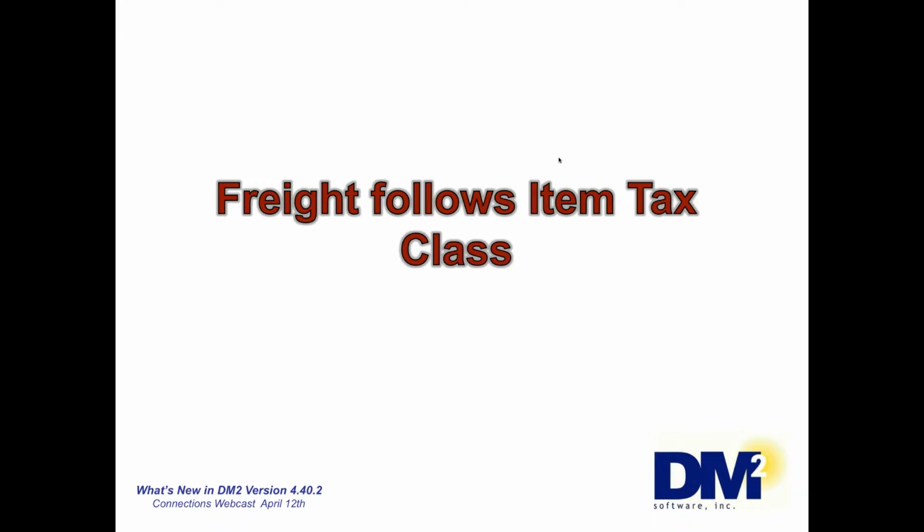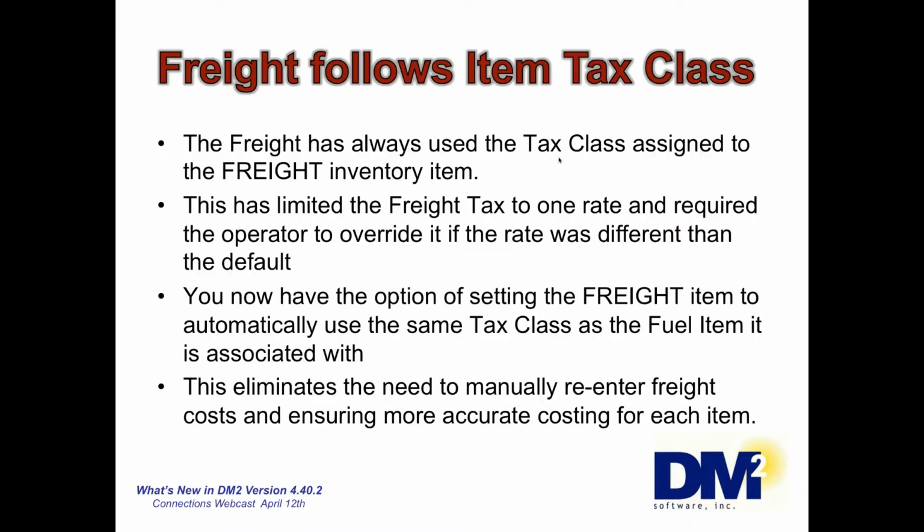Okay. Next item, freight follows item tax class. So in MAS 90, MAS 90 has this concept of tax schedules, tax codes, and tax classes. Tax items, physical items, are assigned a tax class. The schedule plus the code plus the class tells you what the rate is going to be that's charged on